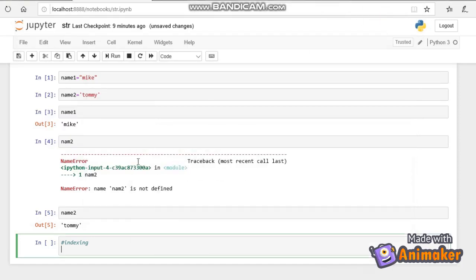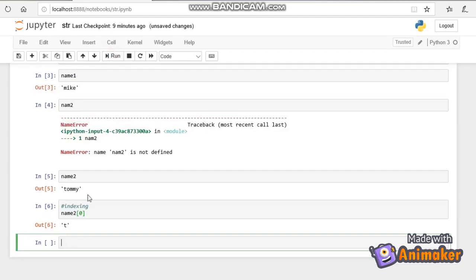So let me give an example. name2 of 0. We already declared name2. name2 of 0 means we will get T, that is the 0th position character.